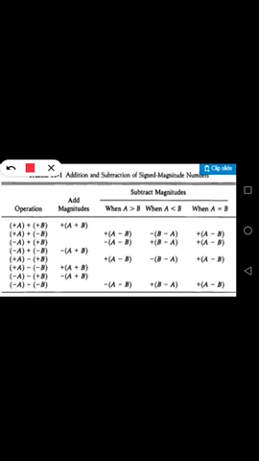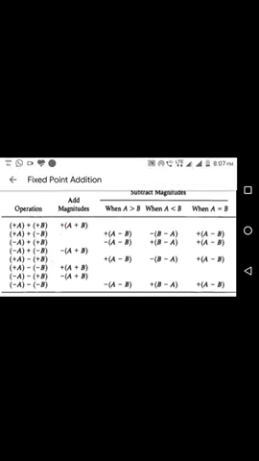When we have to perform addition, in this case you have to perform addition, and in the second case you have to perform addition. And in case of subtraction,